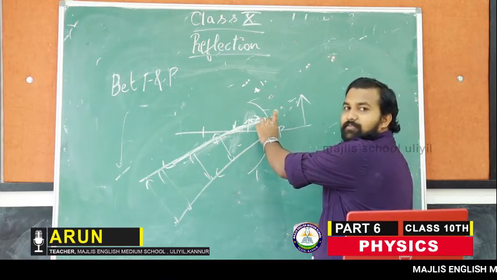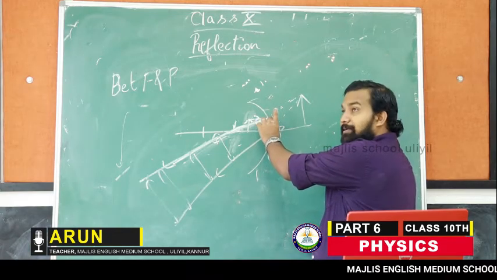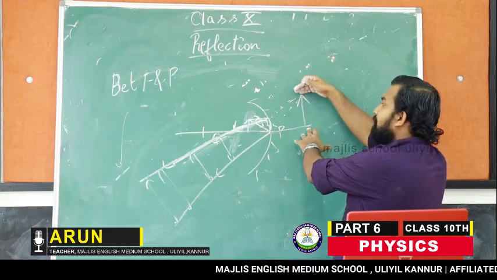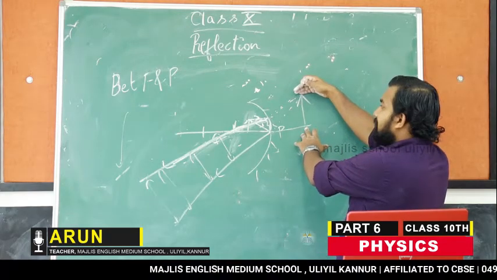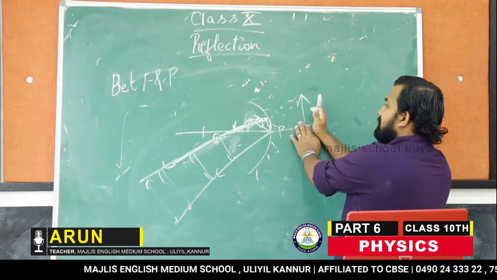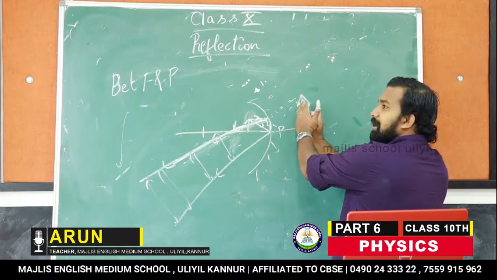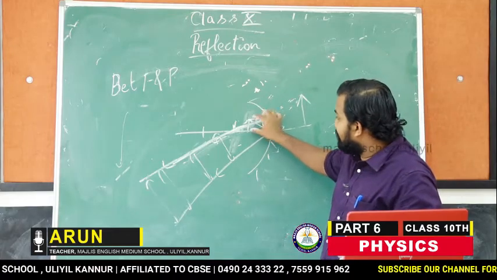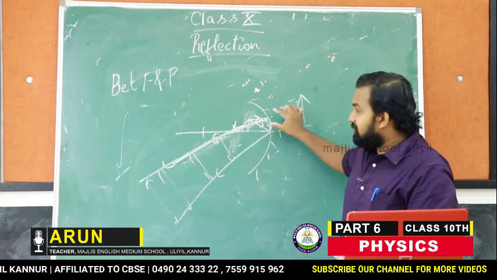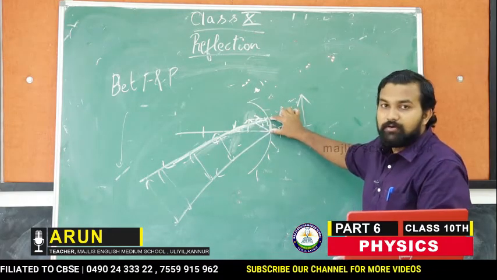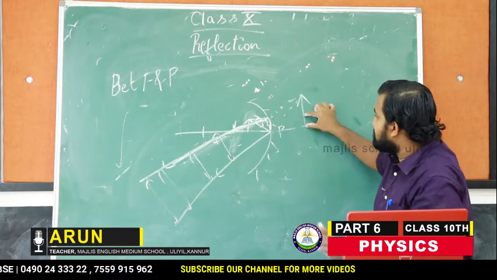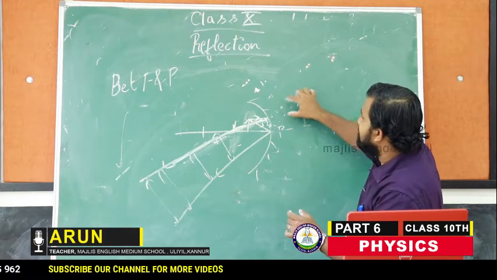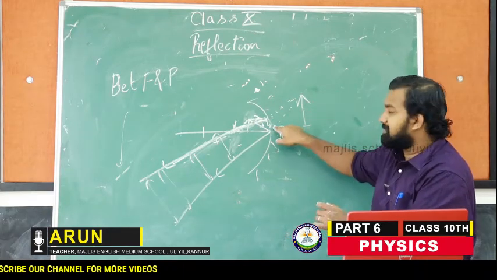On the mirror itself we will see the image, but we will think that it is coming from a point over here. The image is kept at this position behind the mirror, and that image is seen over here. If we keep an object like this, the image won't be the same size over here. We will only see this much portion. Then we have to adjust the mirror in such a way that we see the top position of the object on the screen.